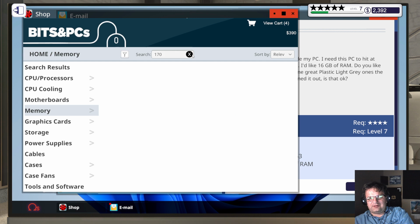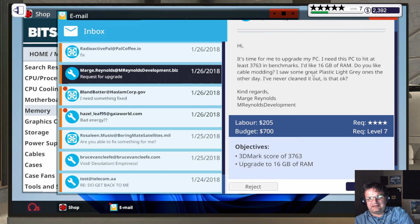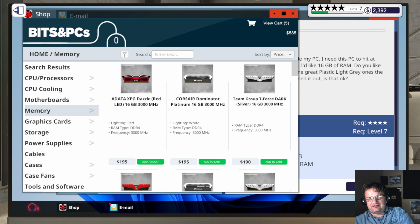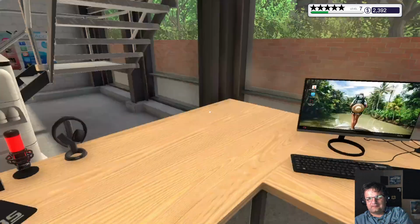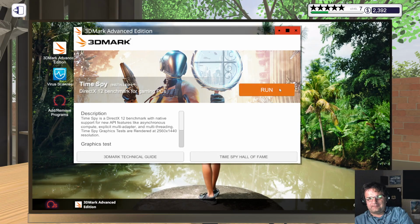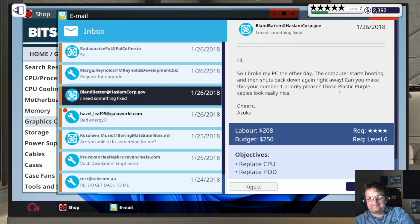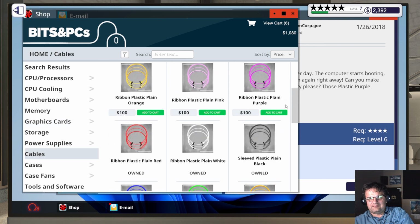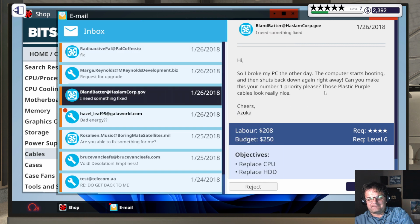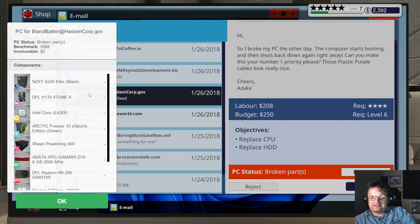Well, let's just get the memory. And then we'll get him a really good CPU so that we have the one that we can replace. Hopefully this is the last time we're doing this. Broke the PC. He wants plastic purple cables. Plain purple, okay. Replace the CPU and the hard drive. He doesn't care about much. What's his...